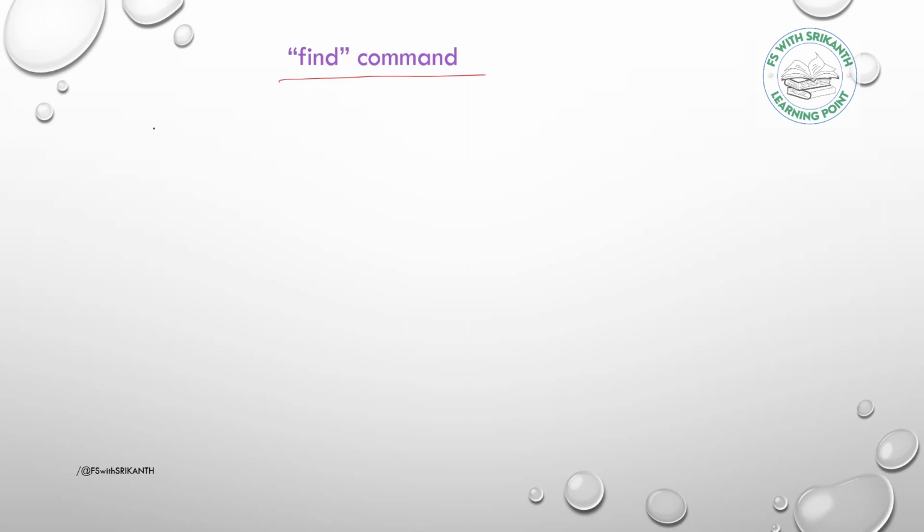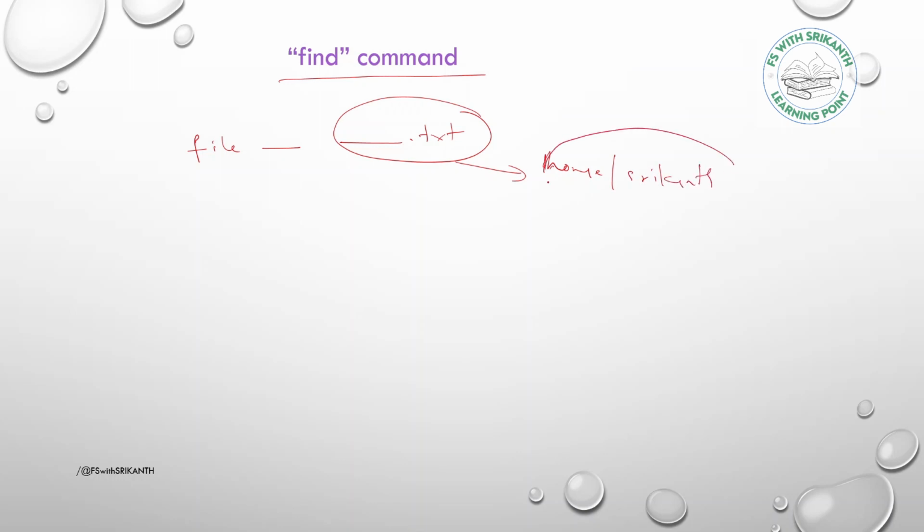Suppose you know only a file name, something with the .txt extension, and you want to know where this file is available. Suppose in the user's home directory, home SRIKANTH, meaning the SRIKANTH user, one txt file is available. So how can you search? Directly with the help of the find command,